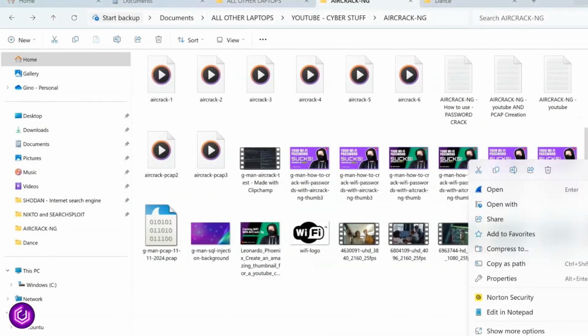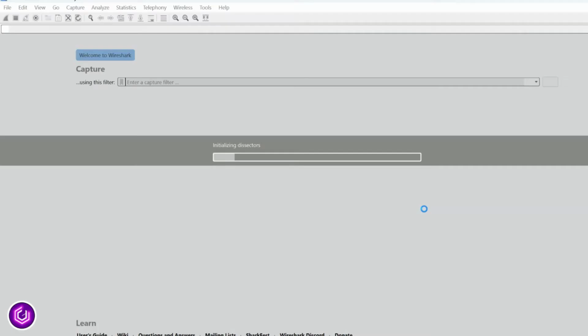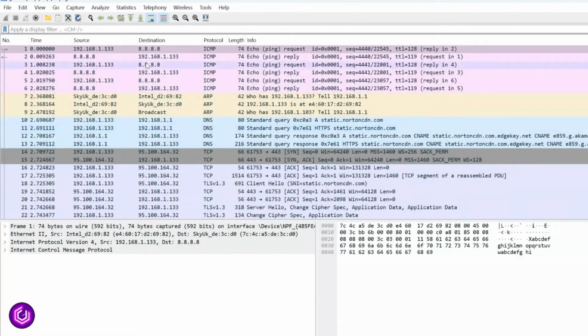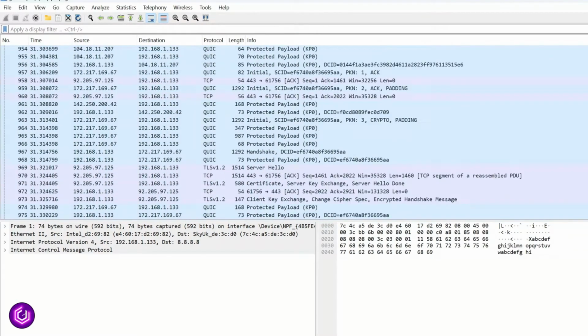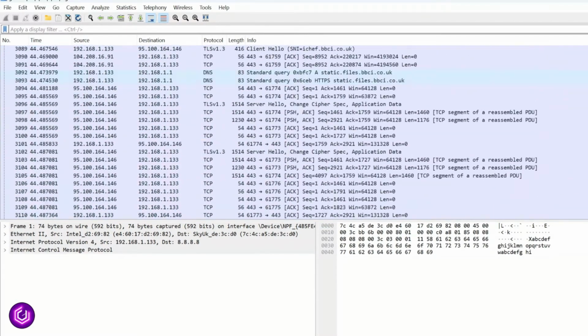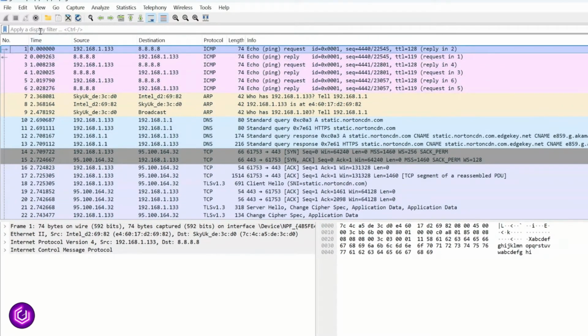I ported the .pcap file over to another laptop and can open it with Wireshark there. I will be creating another video specific to Wireshark. For now, I will show some simple ways of filtering the huge number of packets that can be created, even in a short session. The different types of packets are color-coded, so as you can see at the top, there